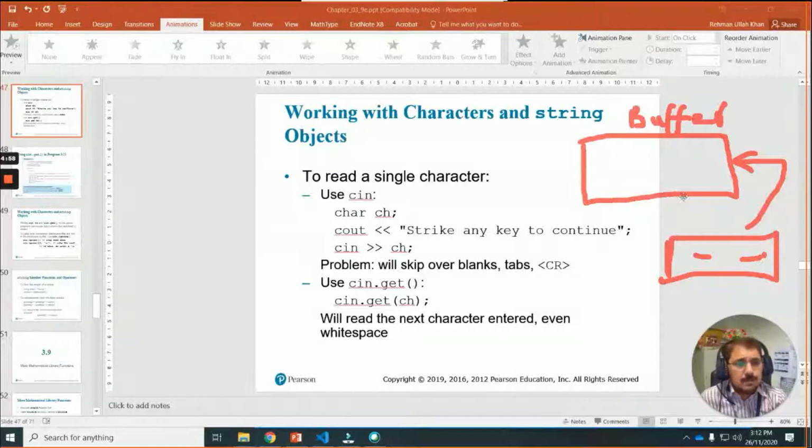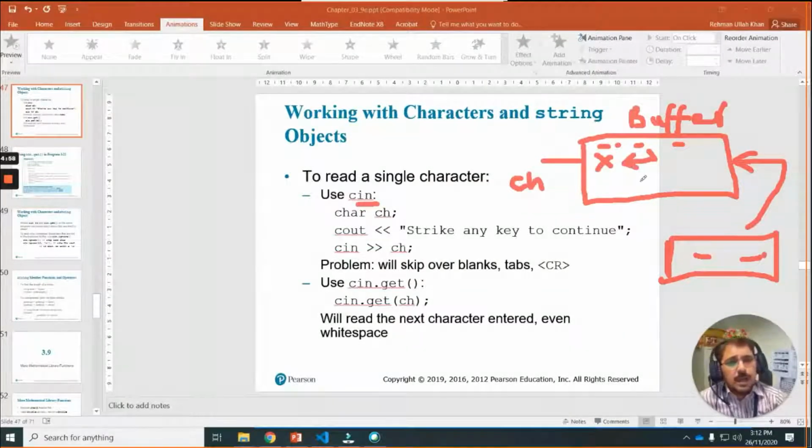Whatever we type from the keyboard goes here and stays in the buffer, and the computer reads from the buffer, and especially cin reads from the buffer character by character. So let's suppose we enter a character X and after that we press enter, and then cin will read the X, and it will be processed in the computer.